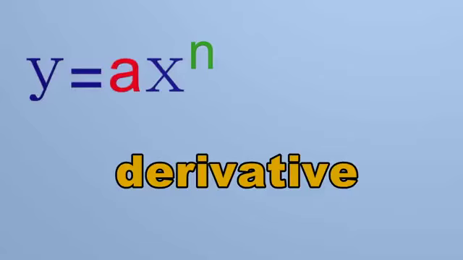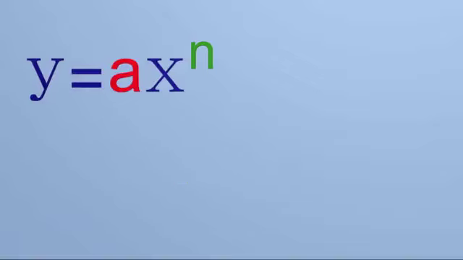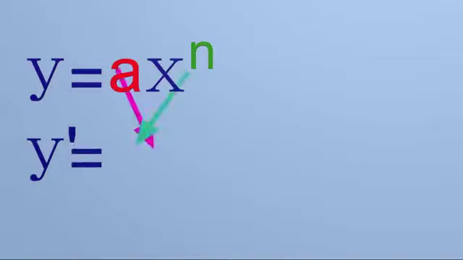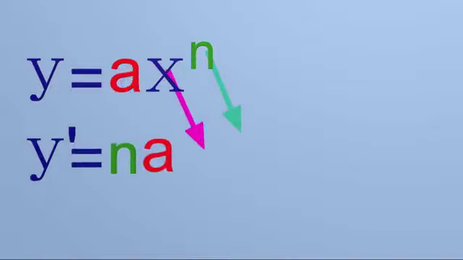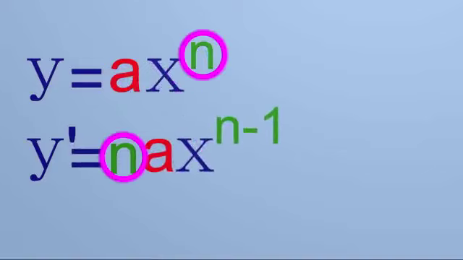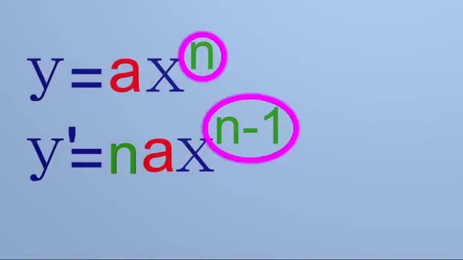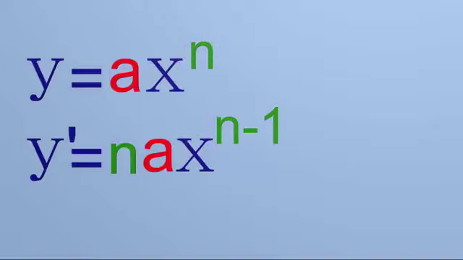Tip 4. If we have a polynomial, we use the following method to calculate its derivative. Note that the power of x is multiplied by the coefficient behind x, and the power is reduced by 1 unit. For example,